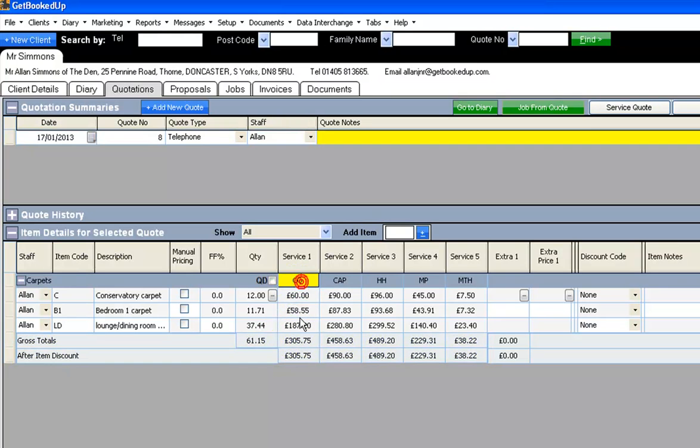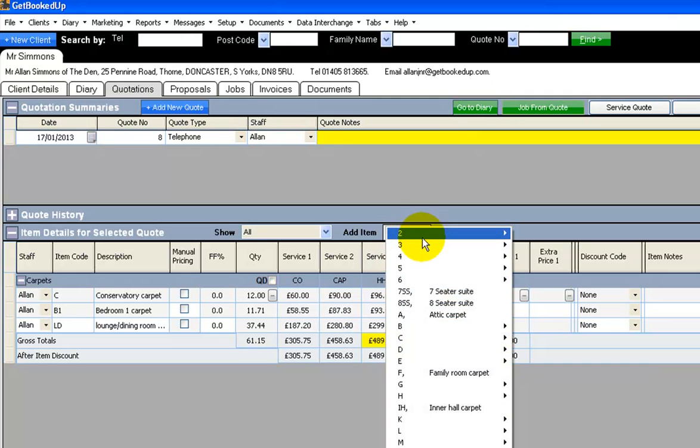So the total for the clean only is displayed there, the total for the clean and protect for all these items is displayed there, and the total is displayed there for those healthy home options. Let's say that we also want to add on a leather suite. So I'm going to go again, I'm going to use the blue button to find the code, and again we're going to look for a